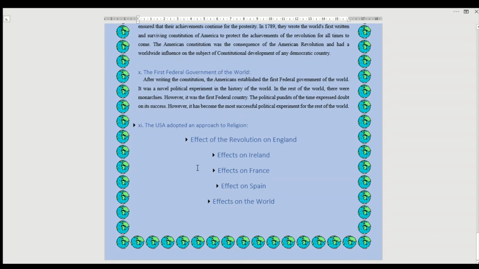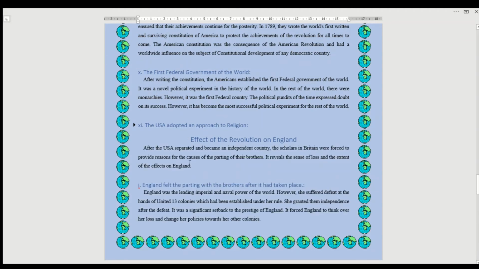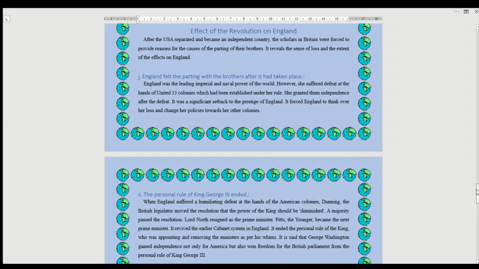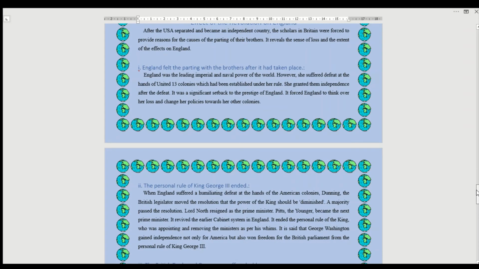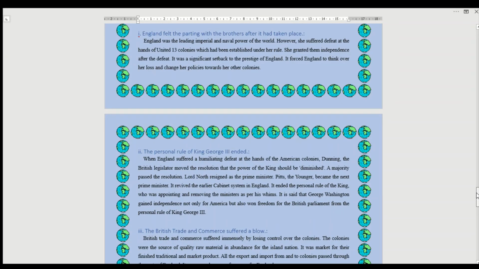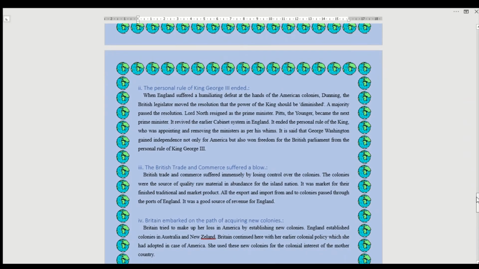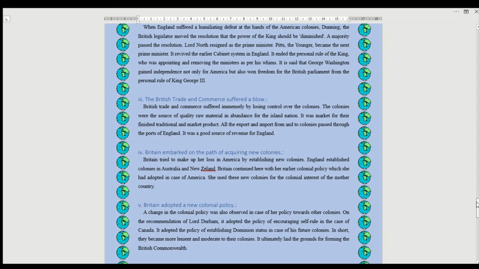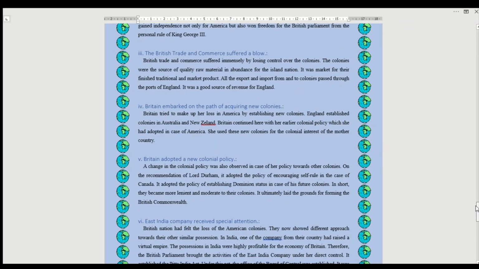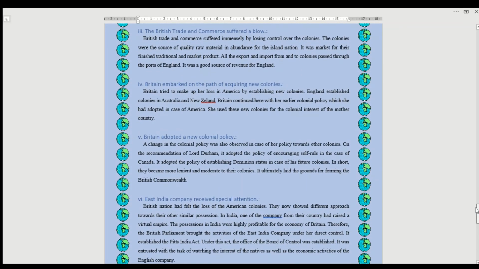Now let us take up the next point, effect on England. So in the case of England also, I have given some more points concerning the response of the British nation towards this international happening or world happening. Similarly, this revolution also had an effect on the internal politics of Britain. Then it also reflected on the trade and commerce of Britain. Similarly, it reflected on the imperial policy of Britain,